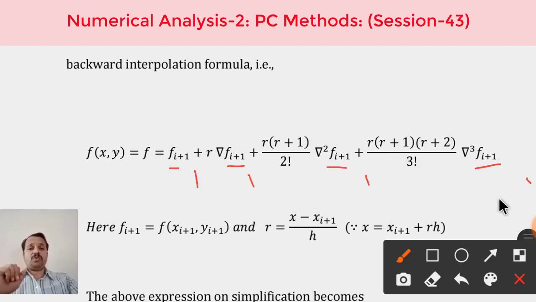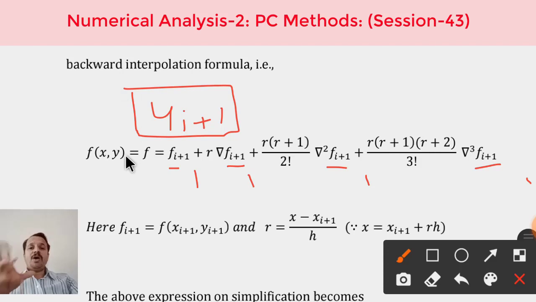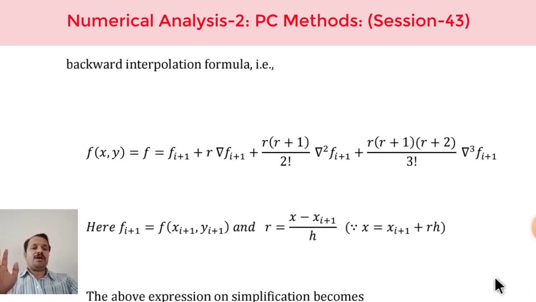You can ask me why it is so. It is because in that case we were not aware of what actually yi plus 1 is. Therefore, we did not take this fi plus 1 in that case. But now we are having some rough idea about yi plus 1. How? From the predictor formula, we have some rough idea of this particular value, and therefore we can use it. Instead of using fi, it is better if we use fi plus 1. So everywhere we are having fi plus 1. That is the thing you have to understand.